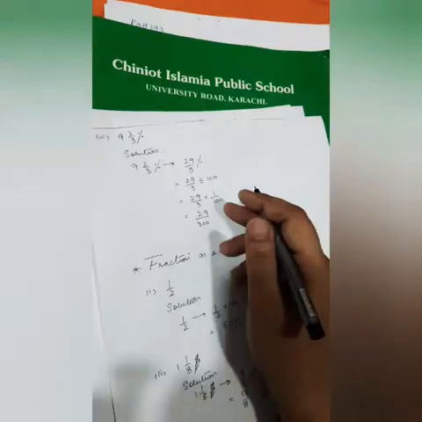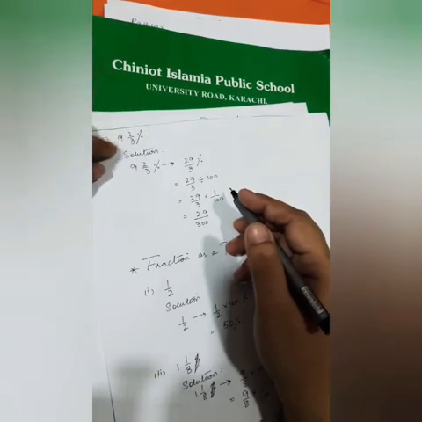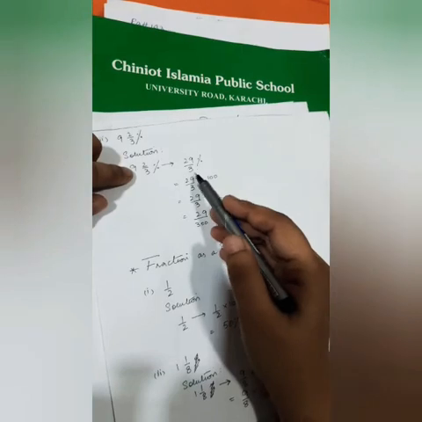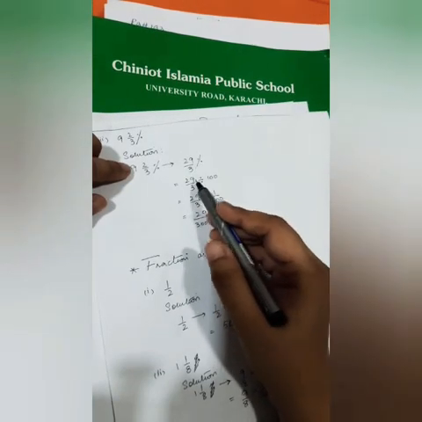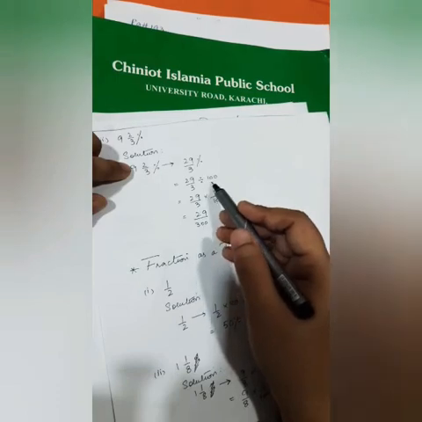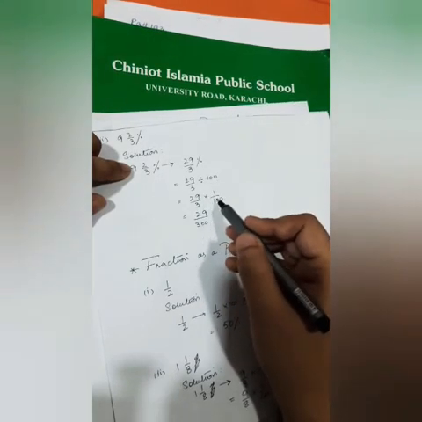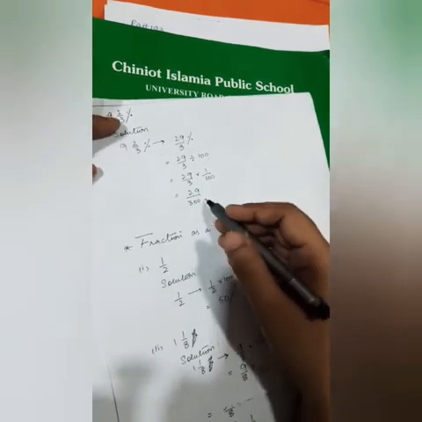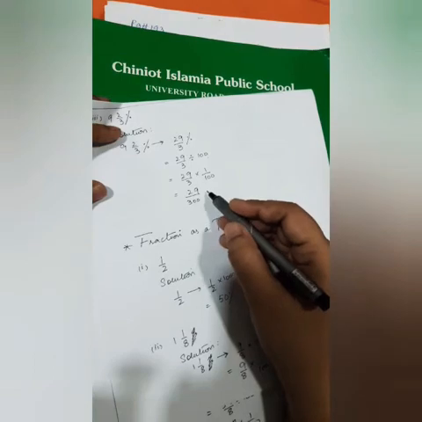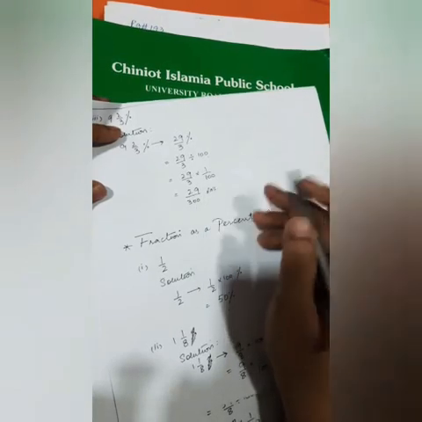Got it? Now in case we are having what we can say a mixed fraction, just first change your mixed fraction into an improper fraction. 3 9s are 27, 28, 29 upon 3. 29 upon 3, we have to change this percentage sign into the 100. So divided by 100, then change this division sign into reciprocal. 1 upon 100, 29 upon 300. Now it's a proper fraction, and it is not simplifying, so this will be my answer.